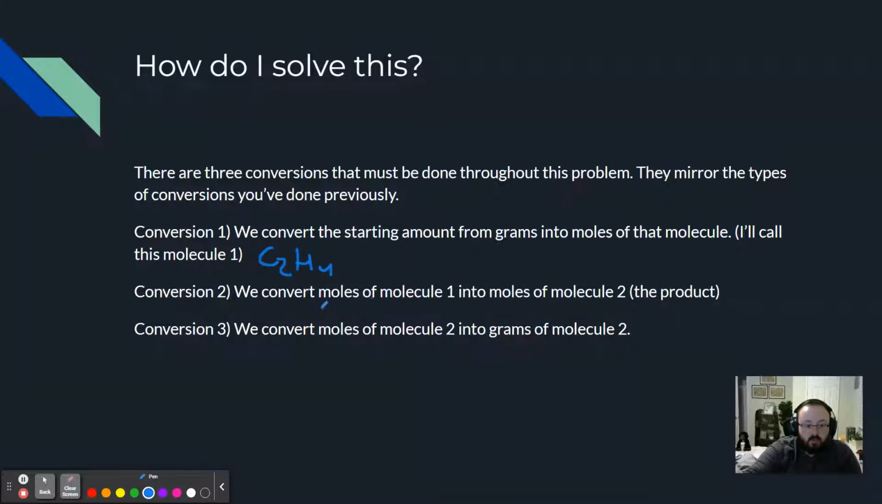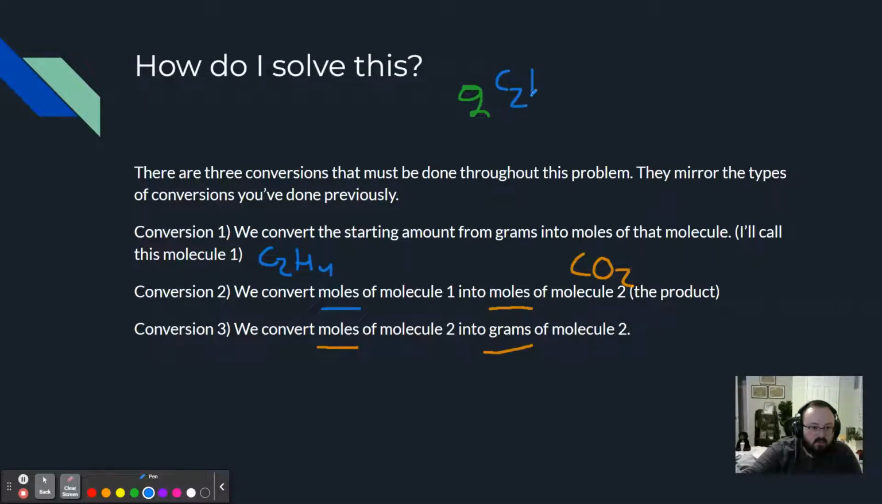Next, you convert moles of molecule 1, this ethene, into, I'm going to color code this, moles of molecule 2. Molecule 2 is going to be our CO2. And finally, we convert moles of CO2 into grams of CO2. So essentially what we're doing here, and I will use some fun color coding, is we are taking grams